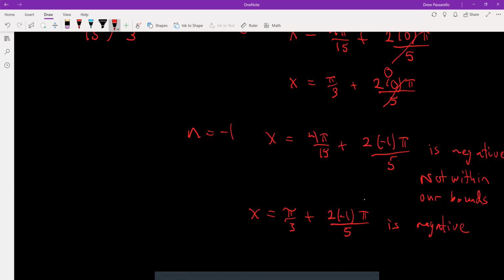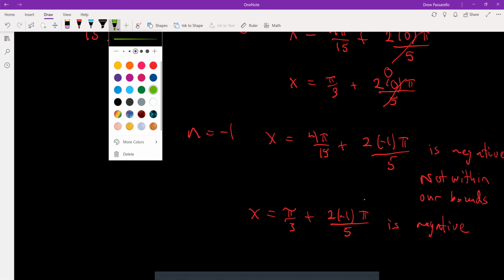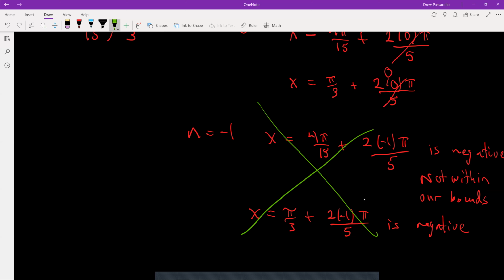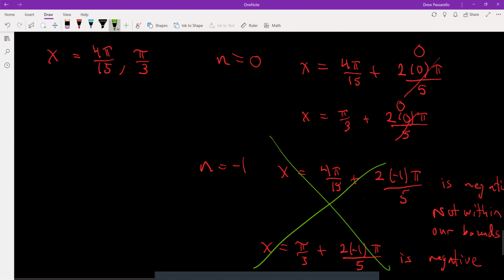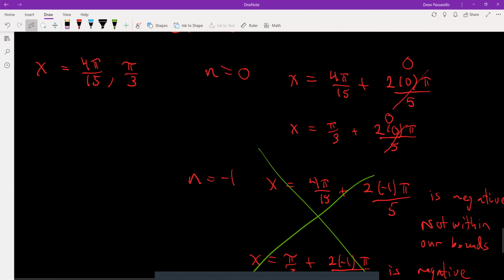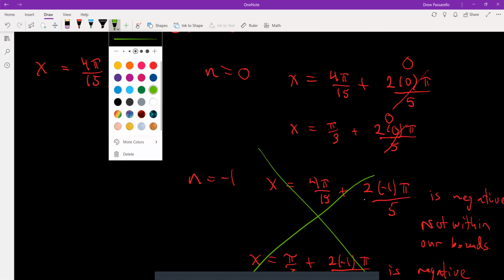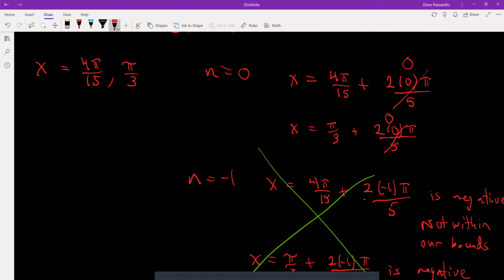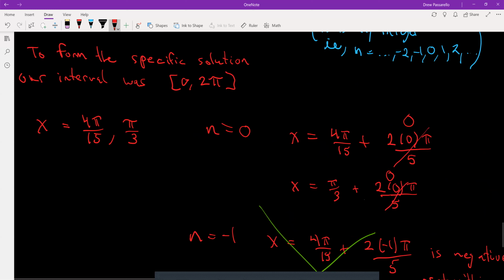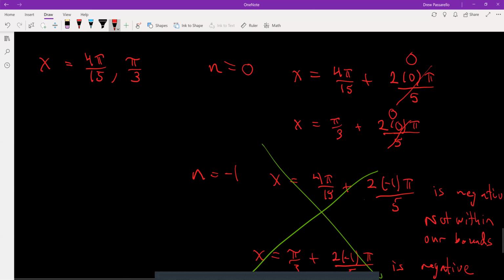All right, so it doesn't work when n is -1, because that doesn't lie inside our bounds. So it's not going to work for the other negative values for n. And this is just plugging in different integers to see if there's more than just these two solutions within our bounds. Now, if I did n as 1,